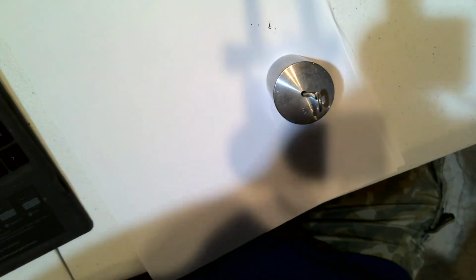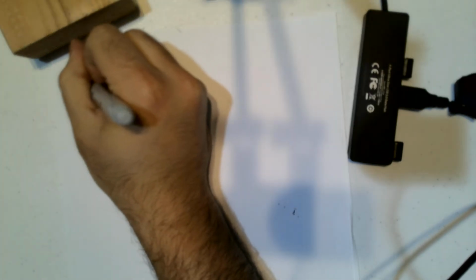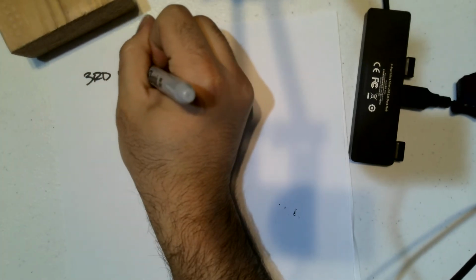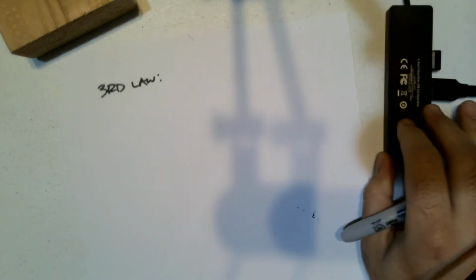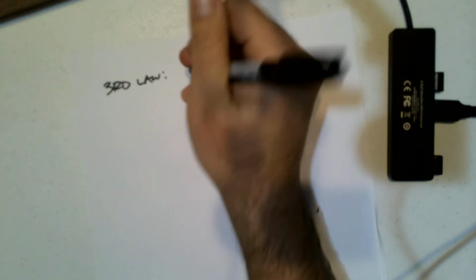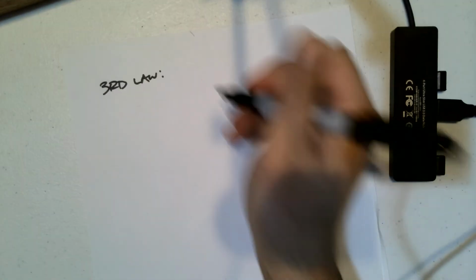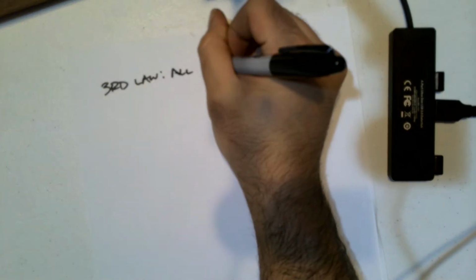So we've got to take a look at what's going on here and also define Newton's third law. So let me try to get the camera set to draw on paper here. Essentially, we're looking at an interaction between two objects, and this is where we get into the third law. Now, as I said before, you've probably heard the third law, at least in layman's terms. Usually they say for every action there's an equal and opposite reaction, but what I like to do is go into the details here, and what we're going to say is all forces